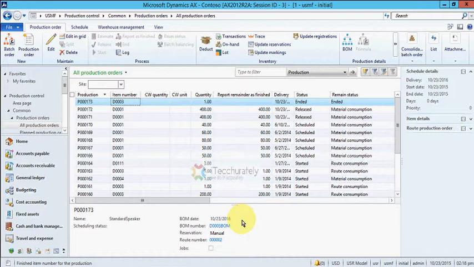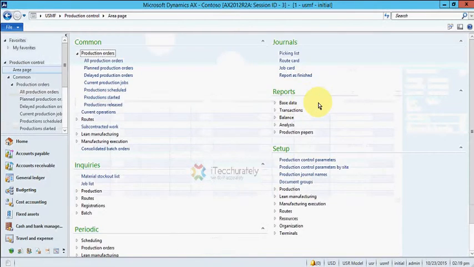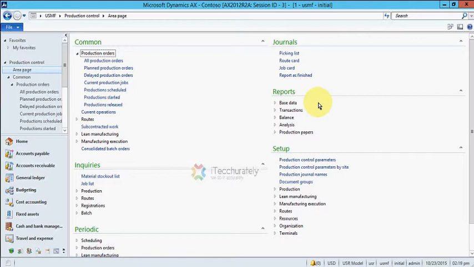Today we are discussing the functionality and features provided by Microsoft Dynamics for production-related companies. Dynamics is an ERP and it has a full module on production which handles both lean and discrete manufacturing. So if you are a production-related company, you can have Dynamics AX to control the production-related information in your system. There are many parameters here.